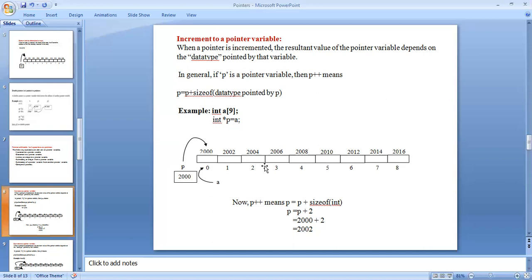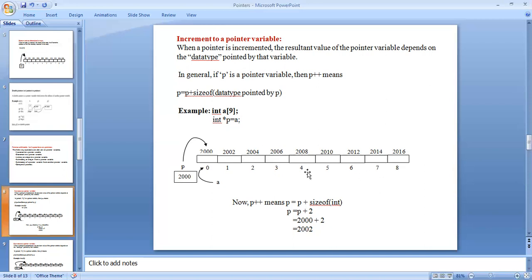Coming to the syntax: p equals p plus the size of the data type pointed to by p. Example: int a[9]. That's why I'm taking a single dimensional array.